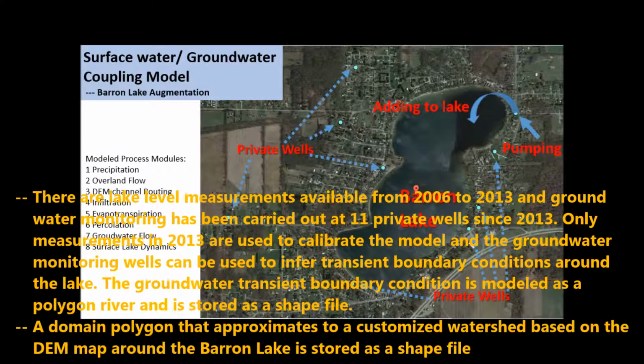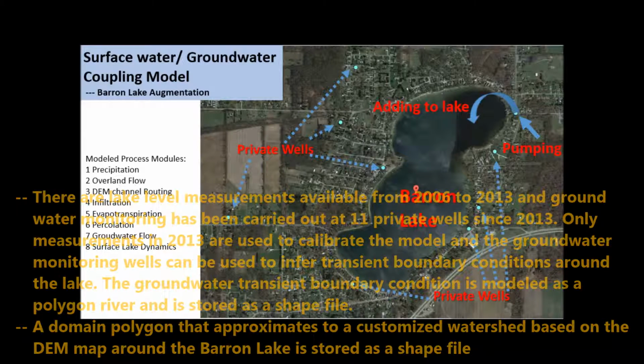There are lake level measurements available from 2006 to 2013, and groundwater monitoring has been carried out at 11 private wells since 2013. Only measurements in 2013 are used to calibrate the model, and the groundwater monitoring wells can be used to infer transient boundary conditions around the lake. The groundwater transient boundary condition is modeled as a polygon river and is stored as a shapefile. A domain polygon that approximates a customized watershed based on the DEM map around Barron Lake is stored